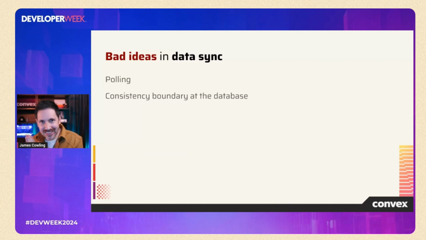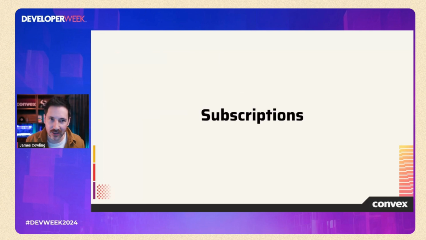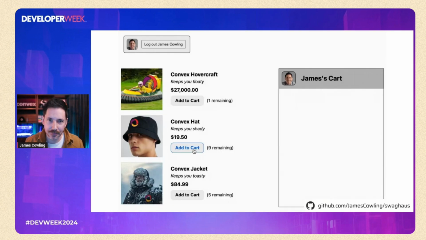But I think the consistency boundary should extend all the way to the client application. The client should have a fully consistent view of the data that's stored on the backend and not see stale state. So let's talk about it. Earlier, I said that Convex knows when a function is cacheable, and it knows when the result of that function changes. It can do this very efficiently. So this same technique can be used to drive subscriptions. Every query in Convex can be subscribed to and used to automatically re-render your client components whenever data changes.